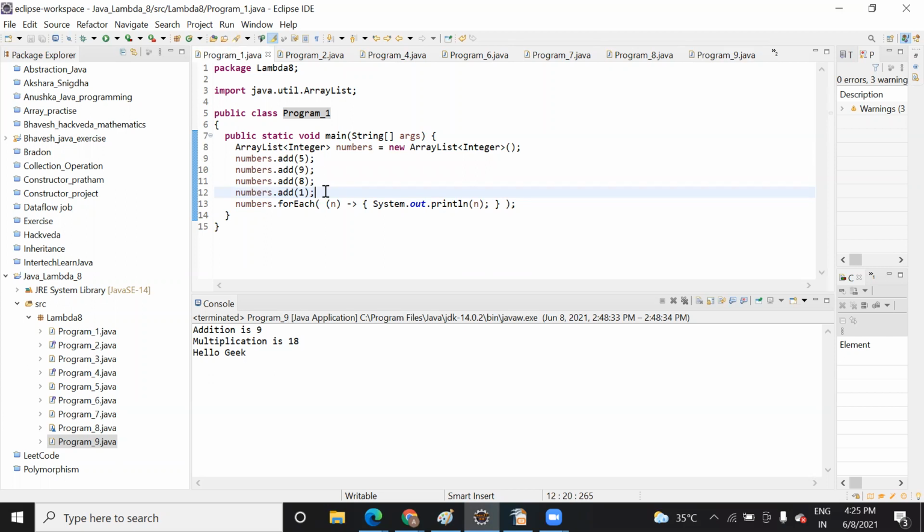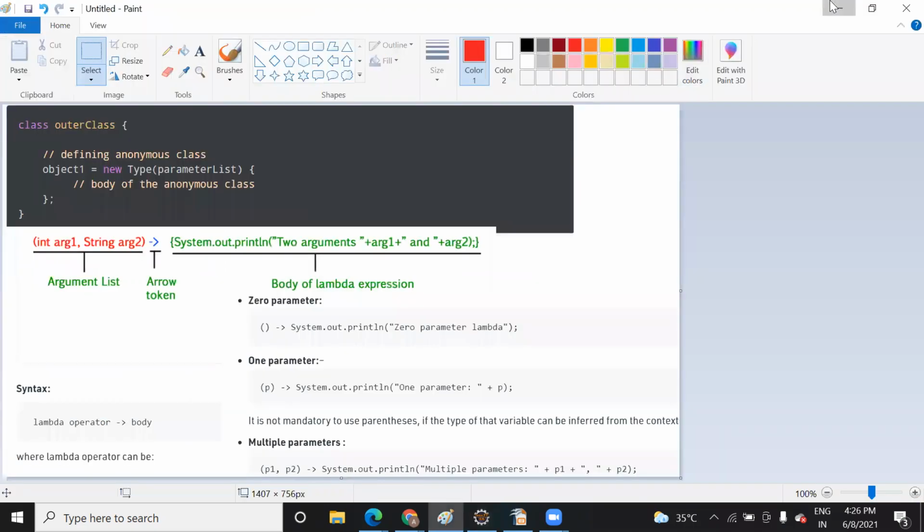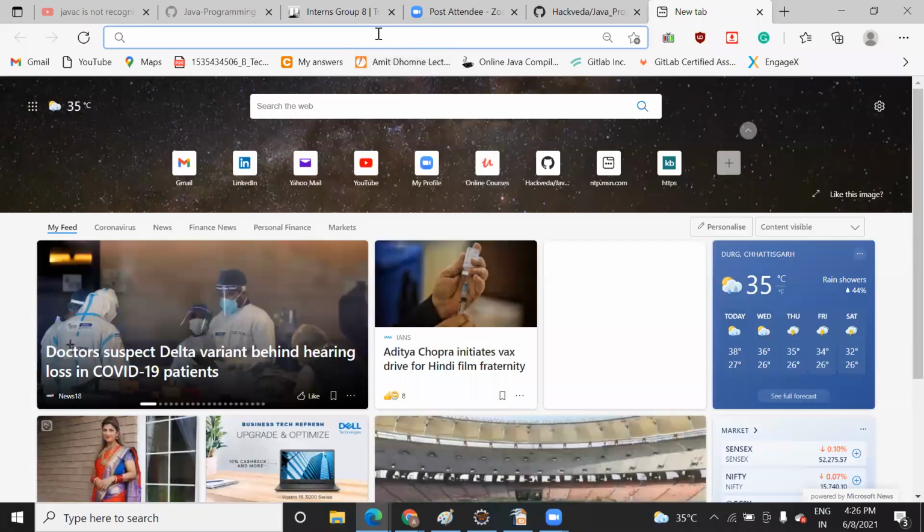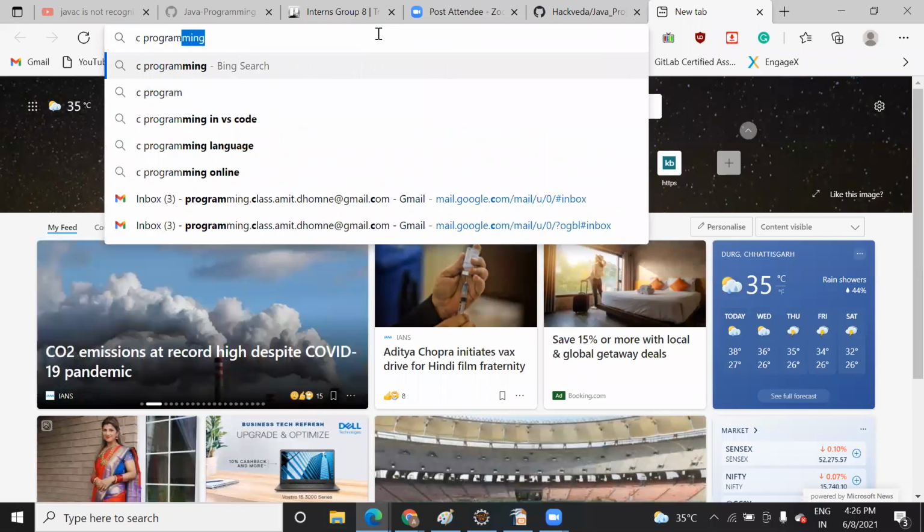Because yesterday while explaining, you asked me whether it will be able to store or not. At that time I told you that we can save it, but I'm not sure whether it is an array list or array. But I think we can save at least one or two elements. Let me try, let me show you. In C, I have done that while doing a project, but I need to check.